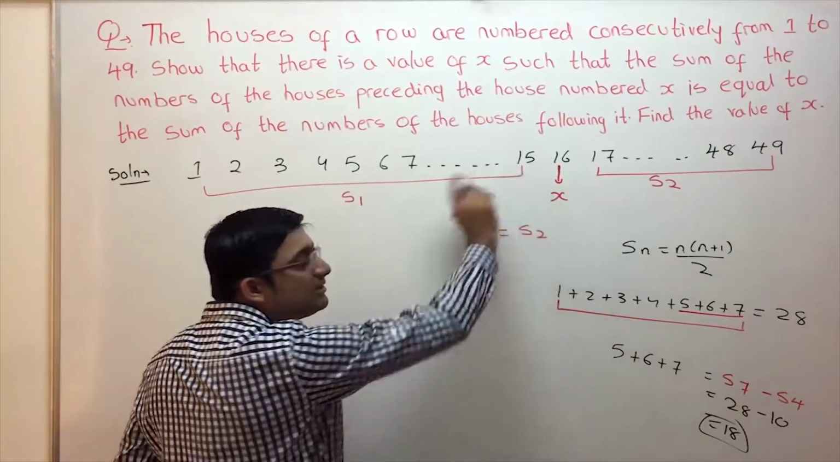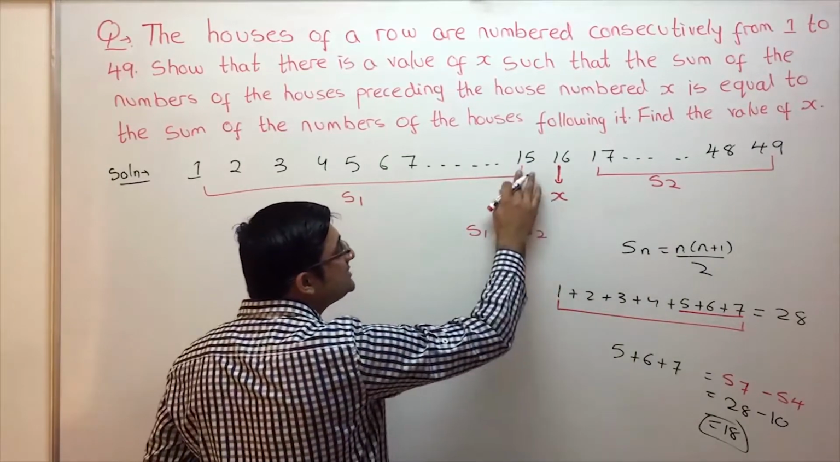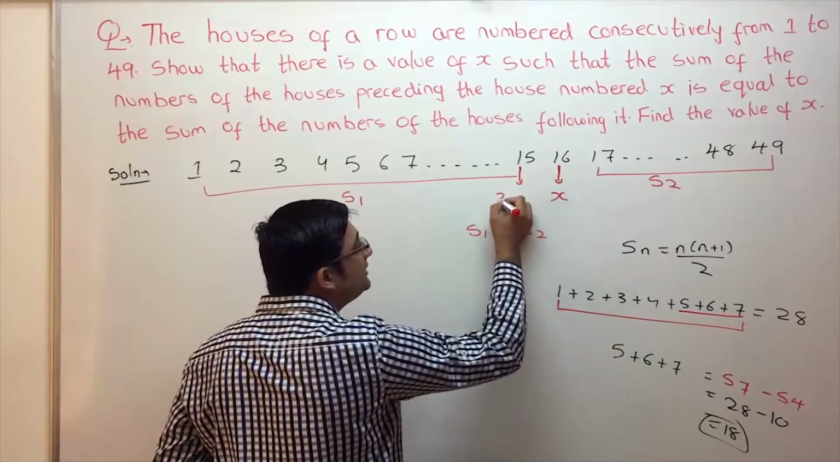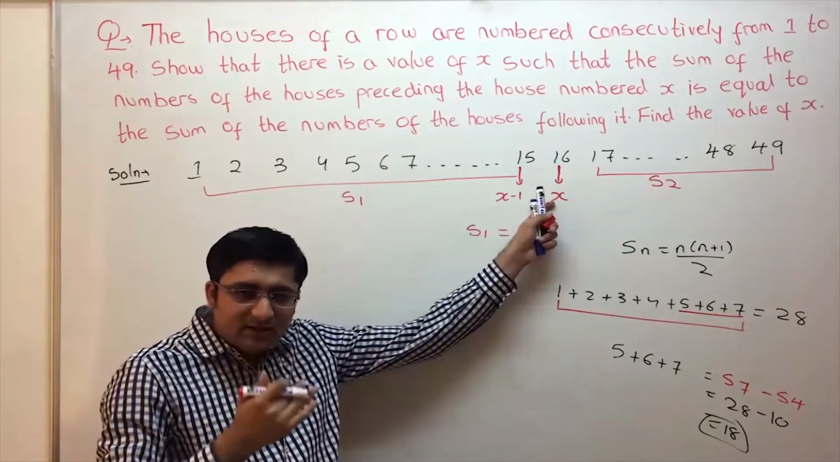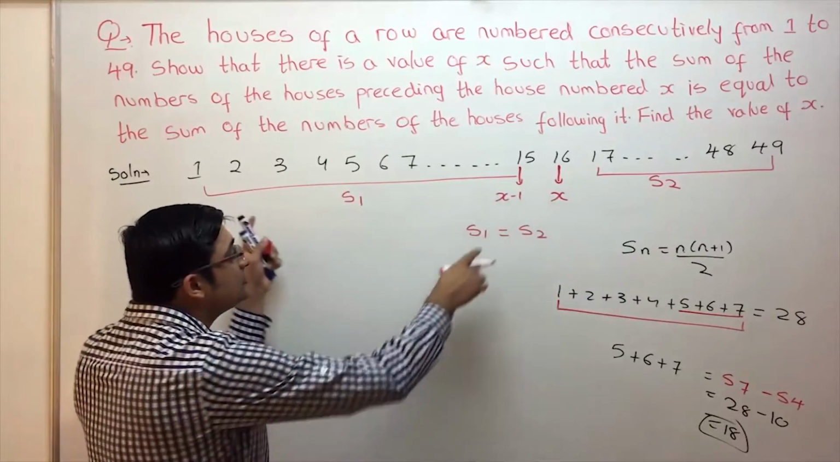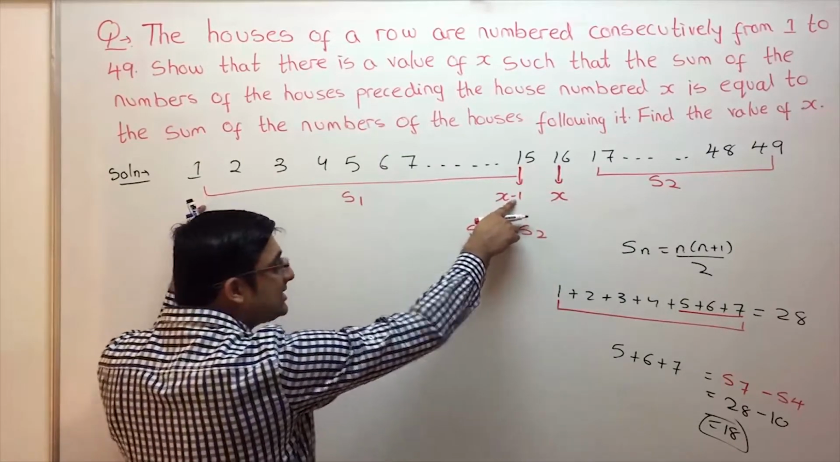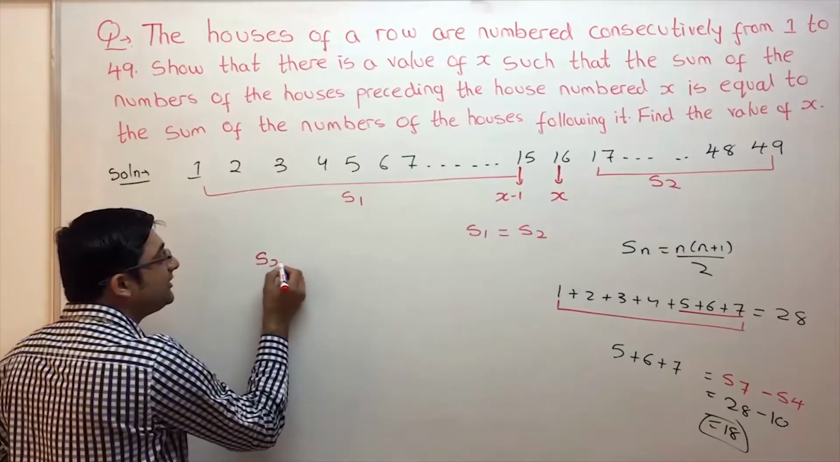So sum of all the numbers preceding x. If this number is x, what is this number over here? It is x minus 1. I repeat, let's say this number is x. What is the number just before that? X minus 1. So the sum of all the natural numbers until x minus 1, that is S of x minus